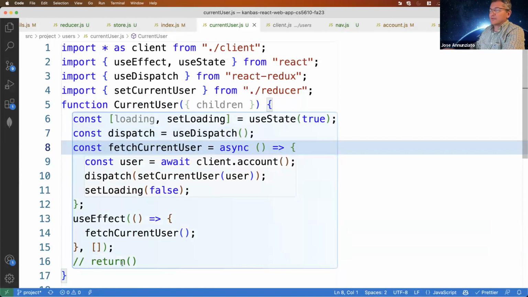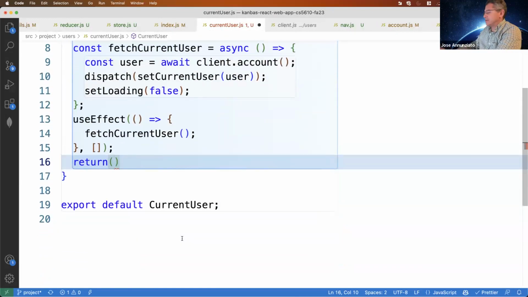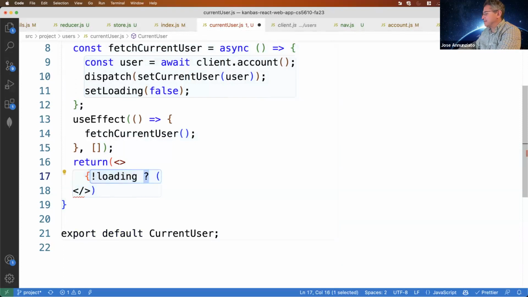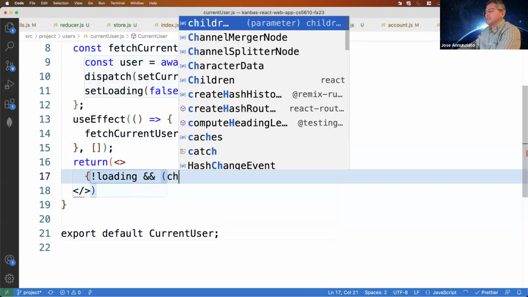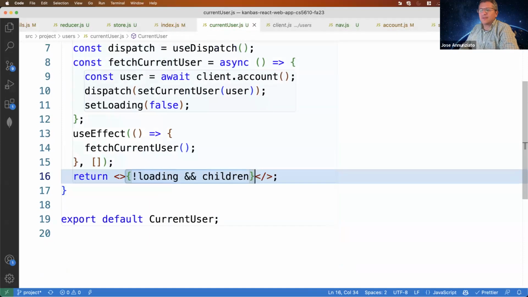And so what I'm going to return is, if I'm not loading, then I'm going to render the children, like that, right?